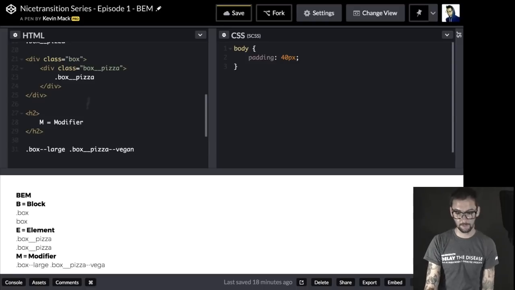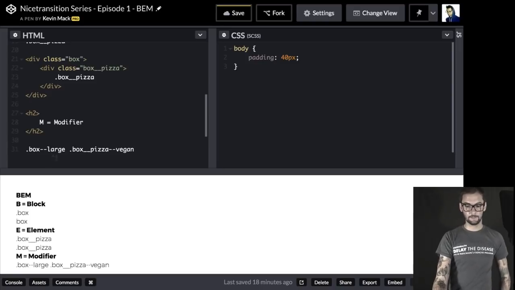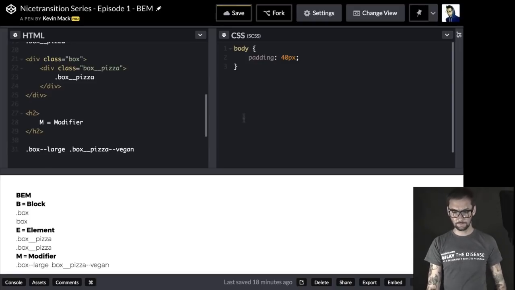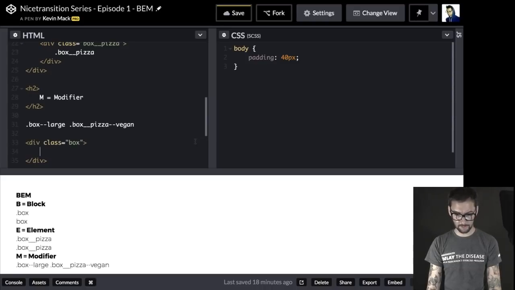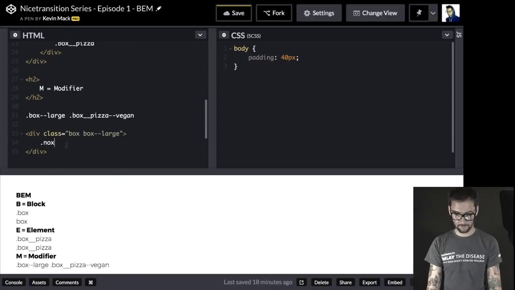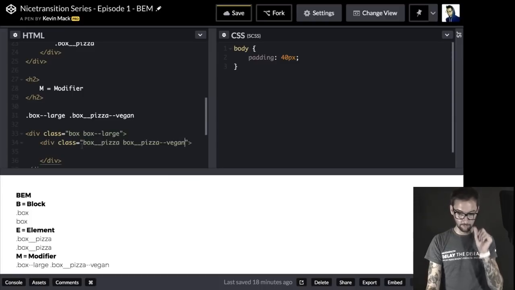So this would be a vegan pizza. And that's kind of the setup inside here. So what that would look like is if we had it on the top, we'd have box, and we have box double modifier large, and then we could have box pizza, and then inside here we could have pizza vegan. If we wanted to do that, because maybe there's some specific styling associated with pizza, but you don't have to